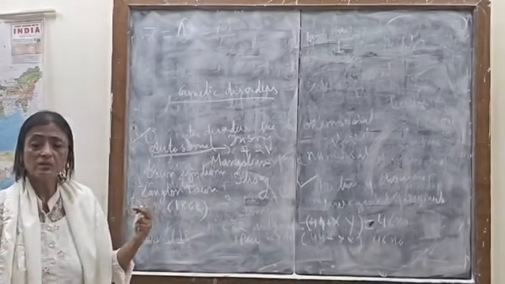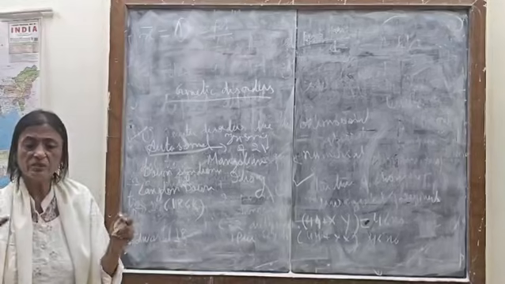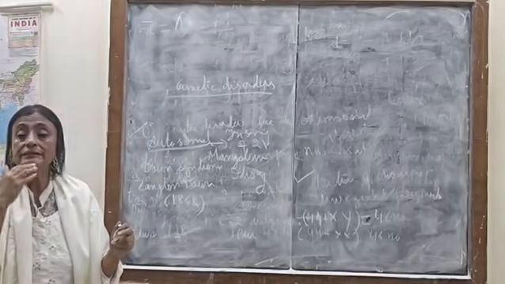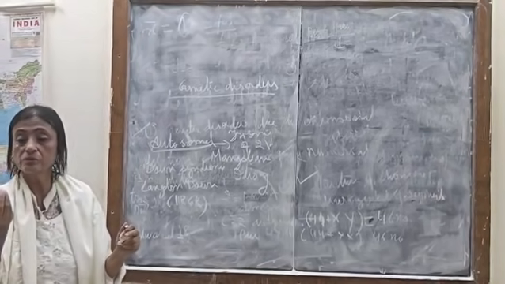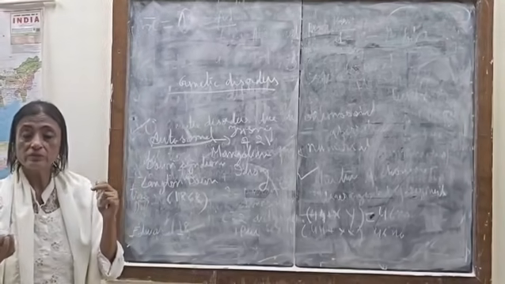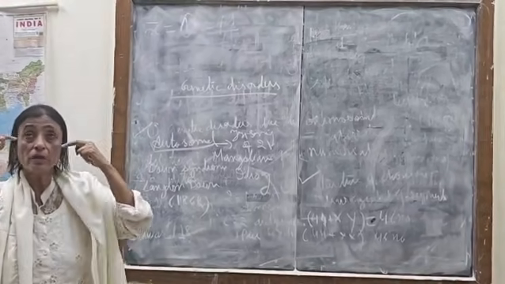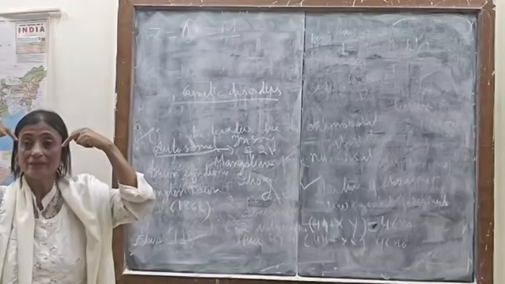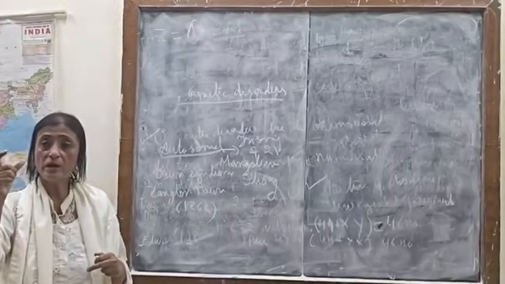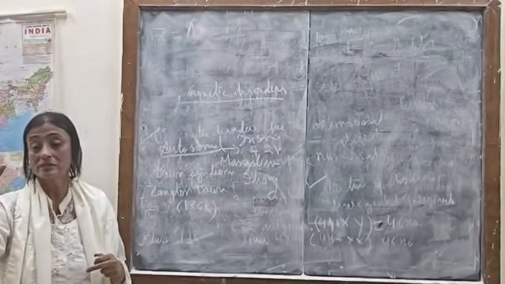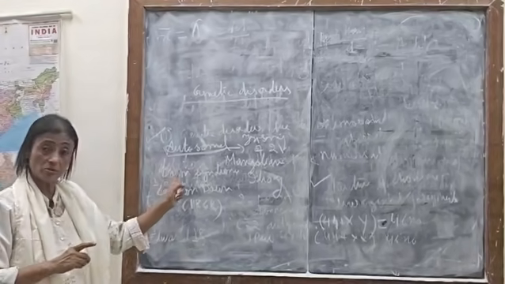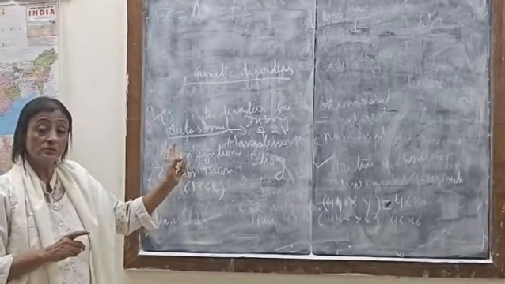The symptoms are, because it is a syndrome, the person suffering from this has a round face, mouth permanently open, and the tongue protrudes outside. This opening of the mouth and the protrusion of the tongue creates pressure on the eyes, so the eyelid becomes mongoloid-like. So it is called mongolism. The person suffering from this has low IQ, low intelligence quotient. That is the reason why it is called Mongolian or Down syndrome. This is autosomal and it is not inherited.